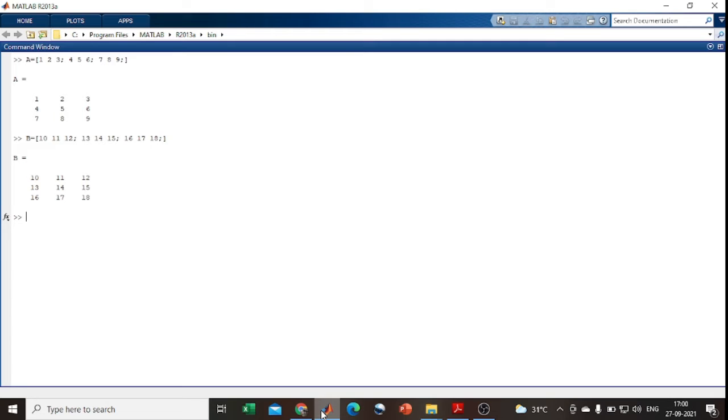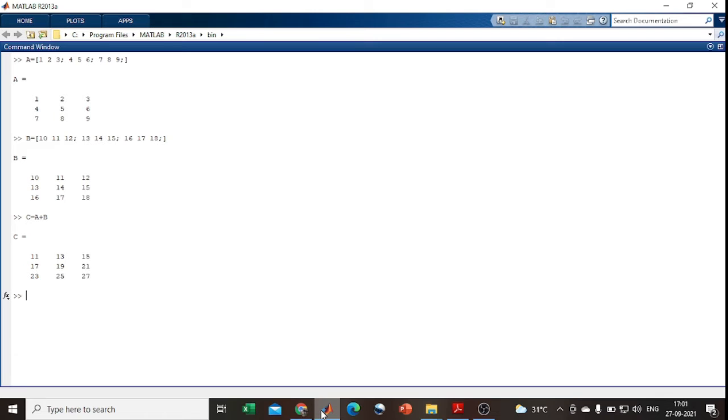After that, how can I use the mathematical operators? The first mathematical operator is addition, so I use the variable C for getting the addition. A plus B, then I can easily get the values. Here you see 1 plus 10 is equal to 11, 2 plus 11 is equal to 13, 3 plus 12 is equal to 15.